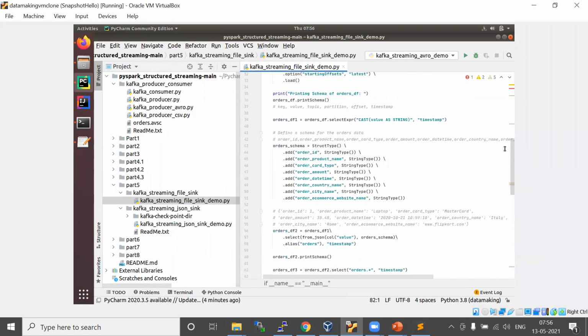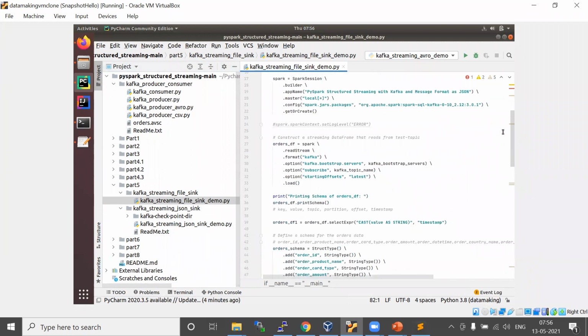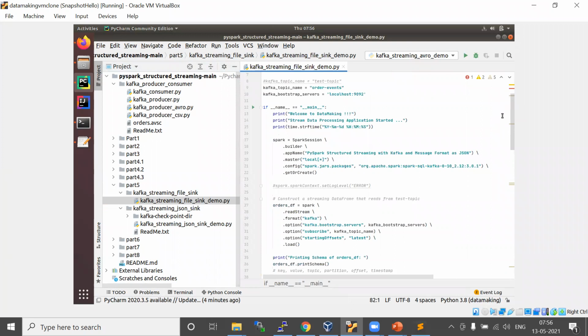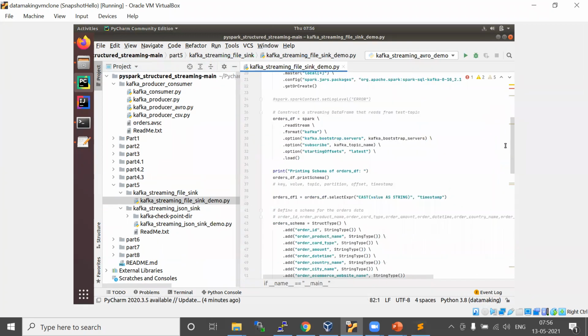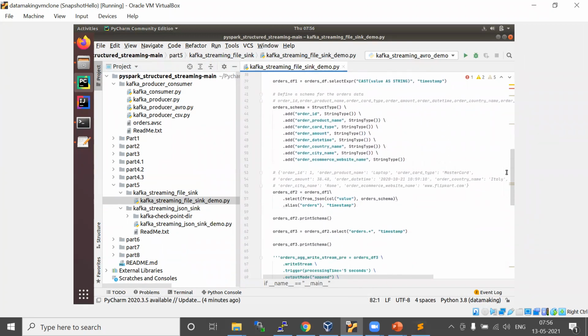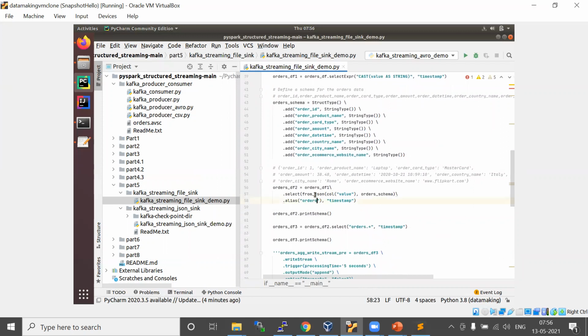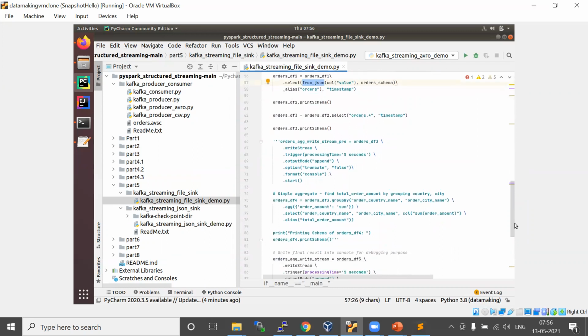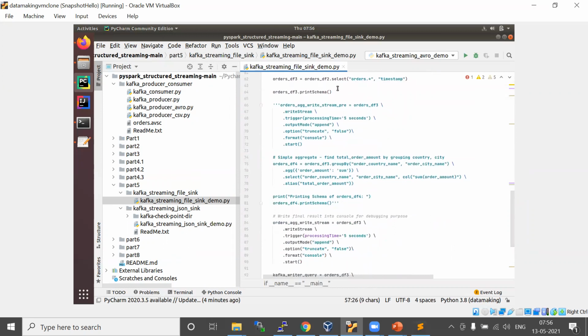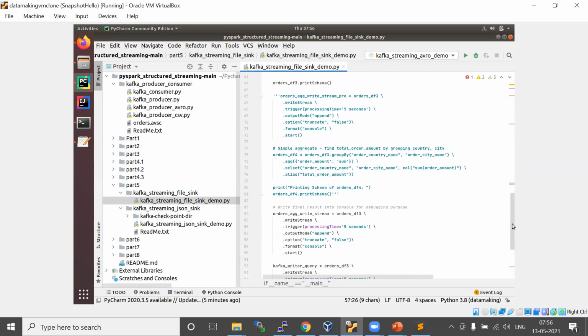I'm reading from Kafka, which is coming in JSON format, extracting and flattening it. Finally, I want to write it into a file.